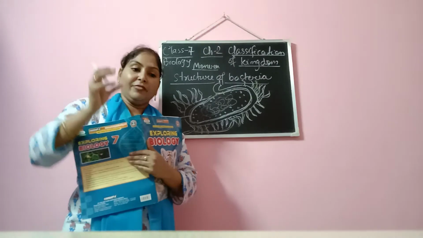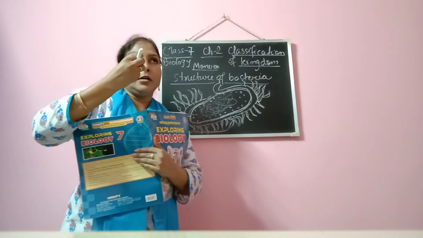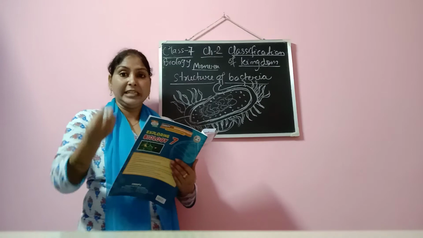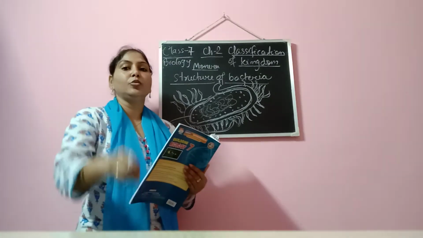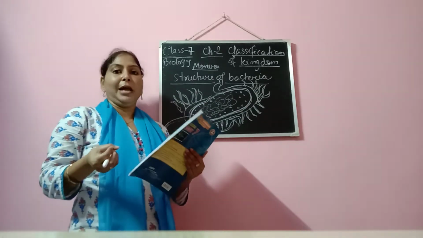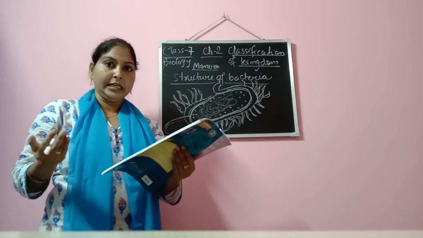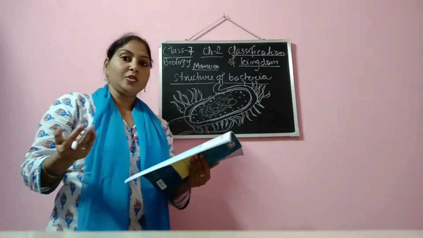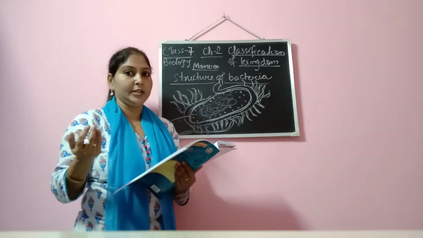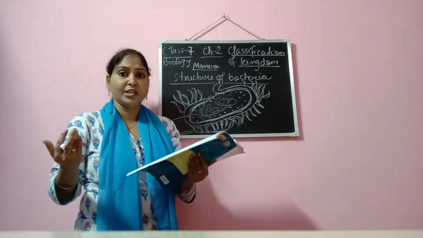Certain bacteria help to retain the nitrogen, or to fix the nitrogen in the soil, and from the soil, through roots, these nitrogen or nitrates are absorbed by the plant for its proper growth. Then another usefulness of bacteria is that they increase the soil fertility. Certain bacteria increase the soil fertility also. They die, and in a way they increase the fertility of the soil.